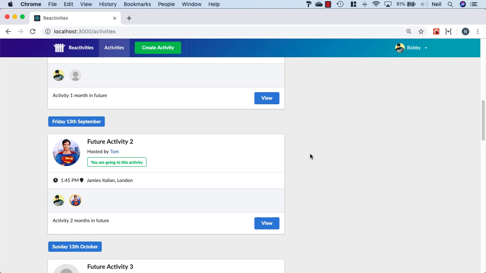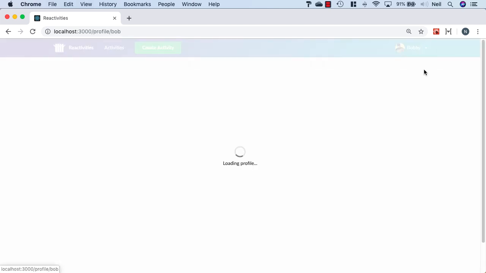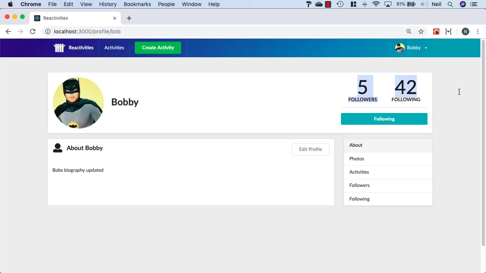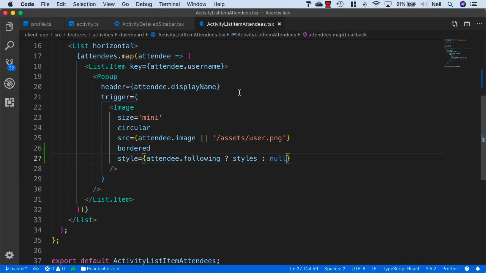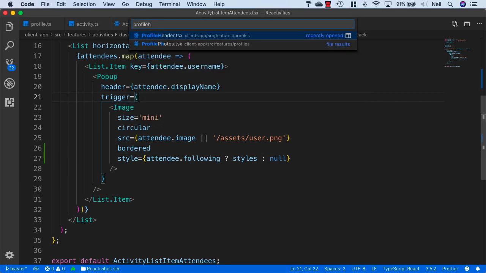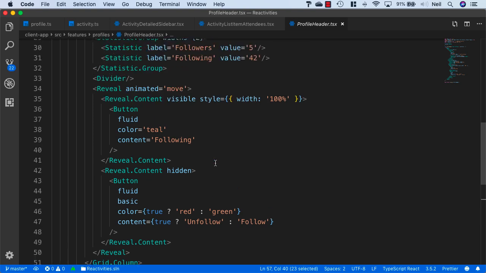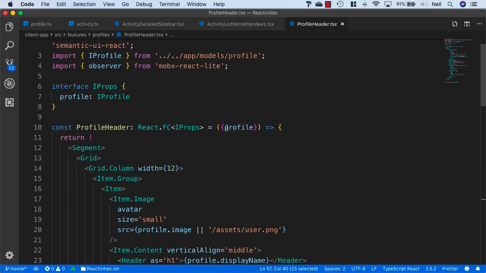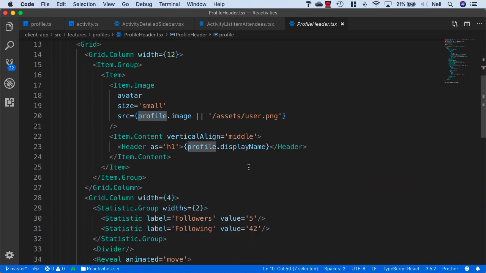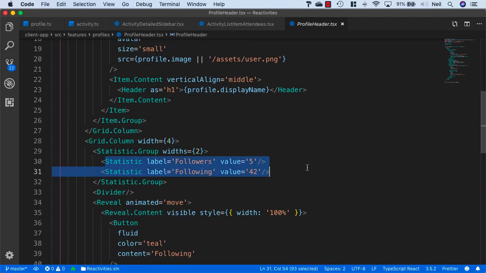And what we also want to do is go to our profiles, and if I go to my profile, then we also want to update the numbers inside here with the following count and the follower count. So let's go across to our profile header in this particular case. And what the information we have in here is we're getting the user's profile, and we know we're returning the following count and the follower count for this. So what we can do, if we go down to our statistics here, is set our followers to the